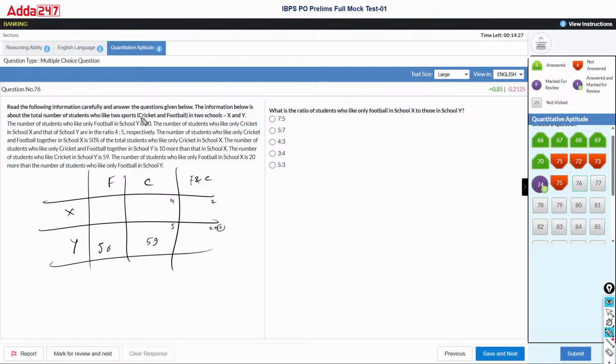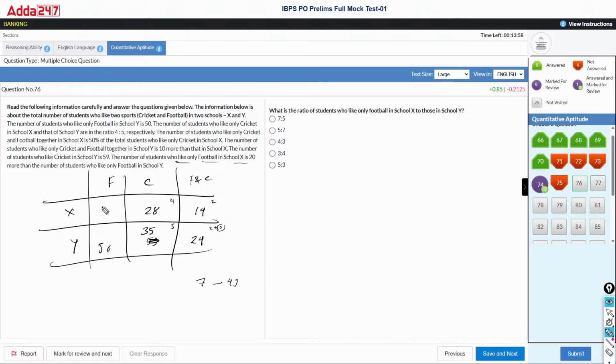Students who like only cricket in school. Okay, I think this is the total number, right? So 7 is 49. So 7 times, so this is 35. This 2, okay, so 7 times, right? So 28. This is 14. This is 24. The number of students who like only football in school X is 20 more than the number